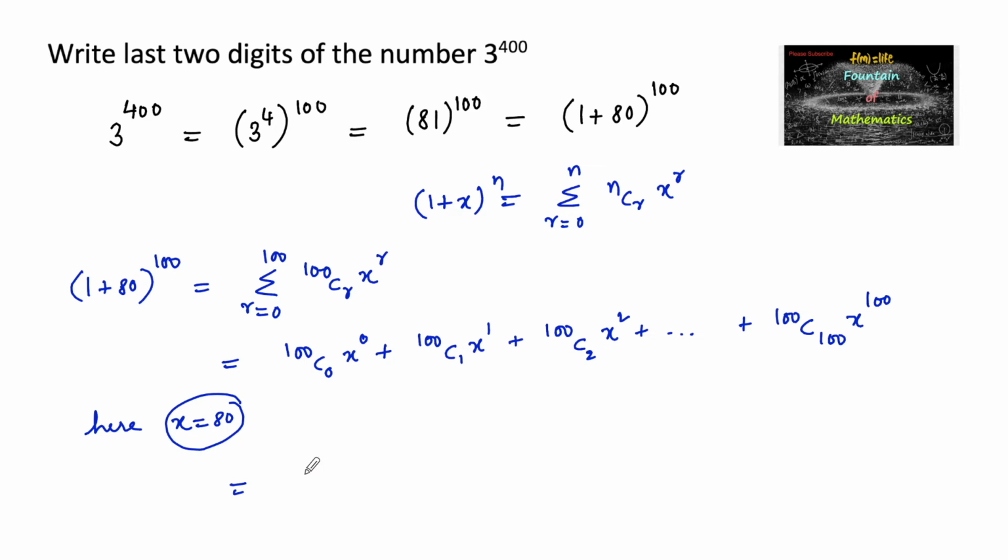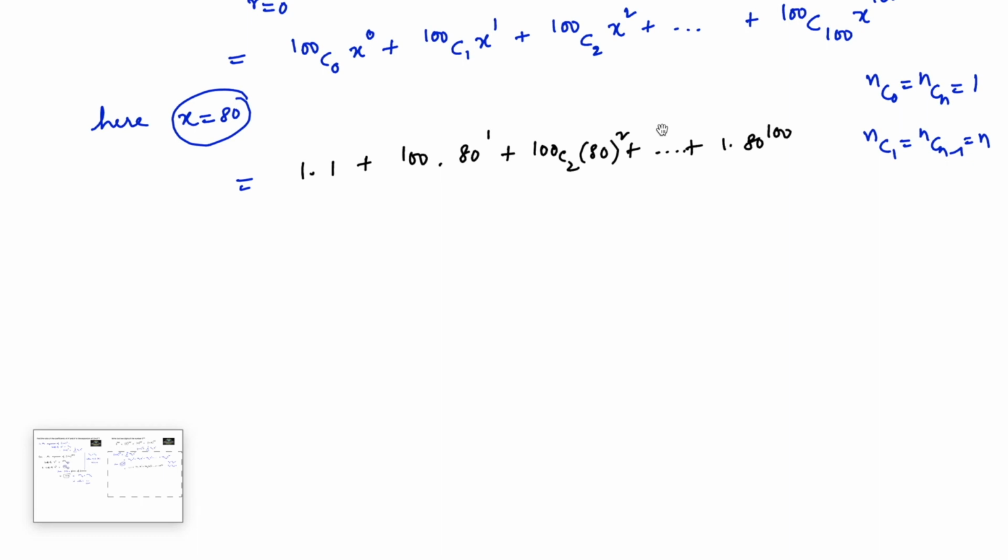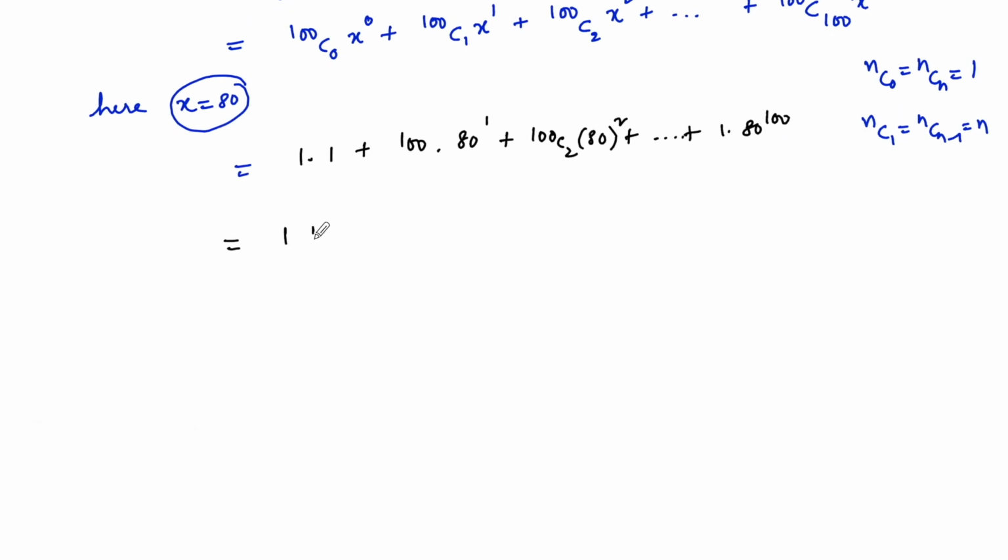So let us write the values. Since we know nC0 and nCn are equal to 1, and nC1 and nC(n-1) are equal to n, 100C0 is 1 times x to the power 0, that is 80 to the power 0, which is 1, plus 100C1, that is 100 times 80 to the power 1, plus 100C2 times 80 square, and so on. 100C100 is 1 times 80 to the power of 100. So 1 plus 100 into 80,